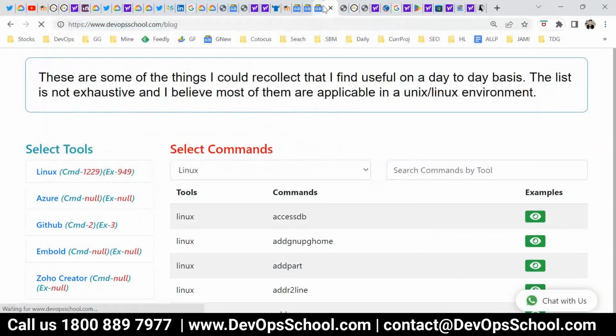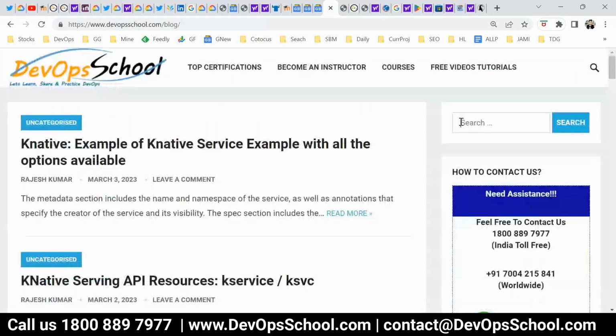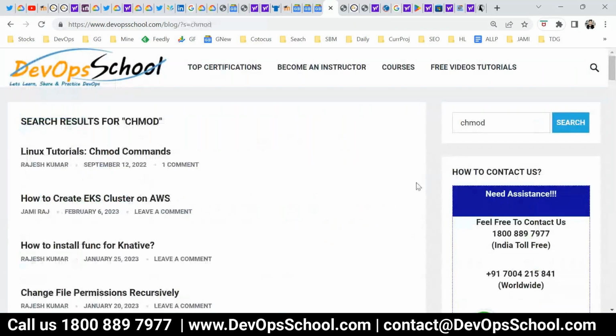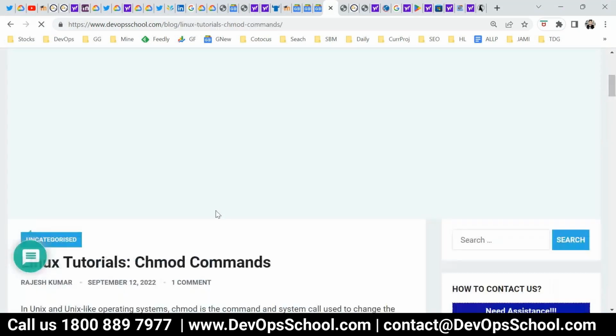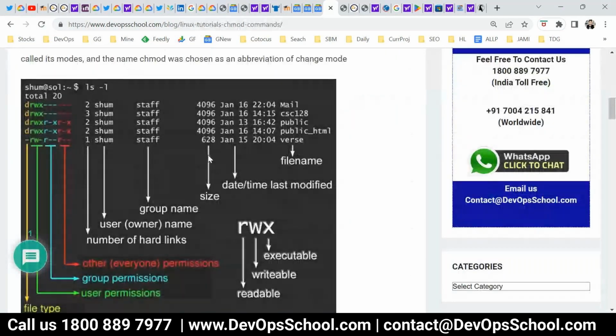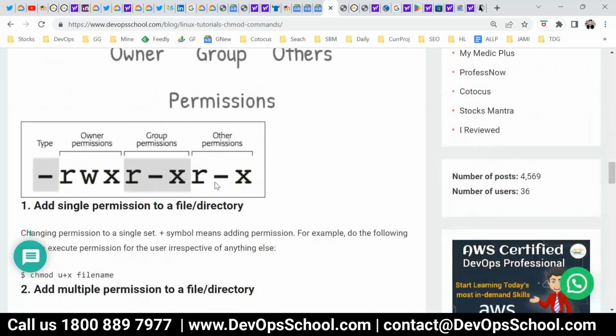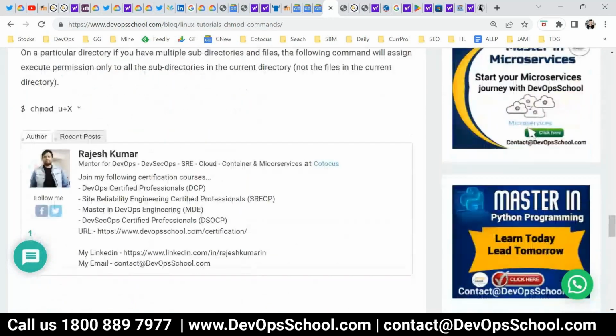I have some tutorials with a complete explanation of chmod. Like that, you can search for many important commands; I have dedicated tutorials with great, simple explanations. So you can try it out. But anyway, I'll explain it to you right now.